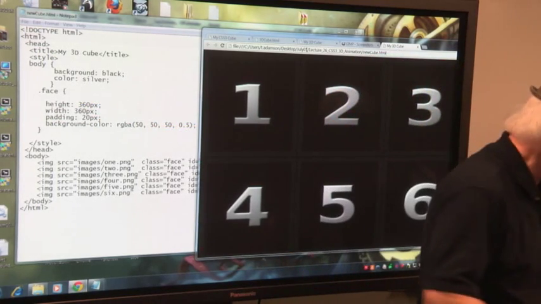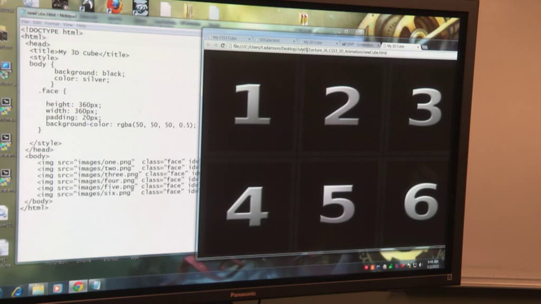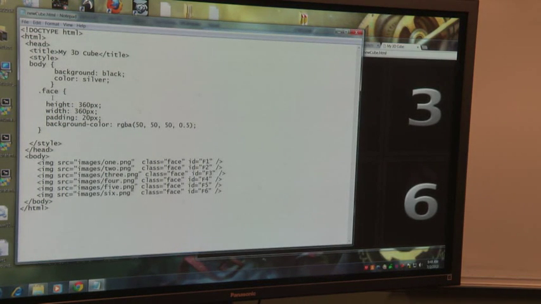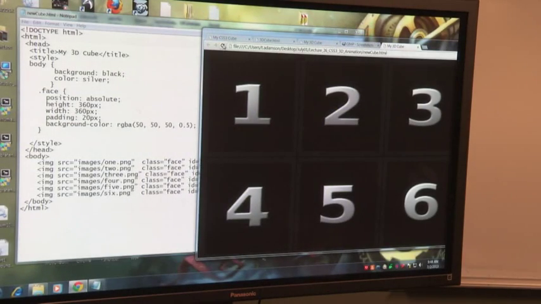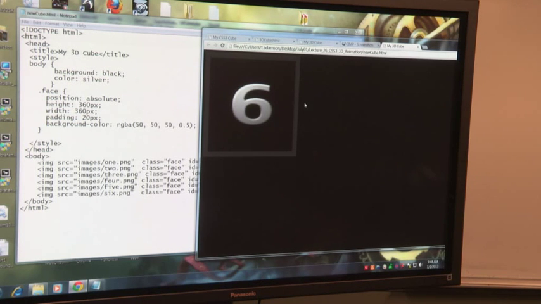Stay on the screen there, please. And when I do that, Control V, Control S, and I come here now, and I do a refresh, and now they're all together. Number 6 is showing last,